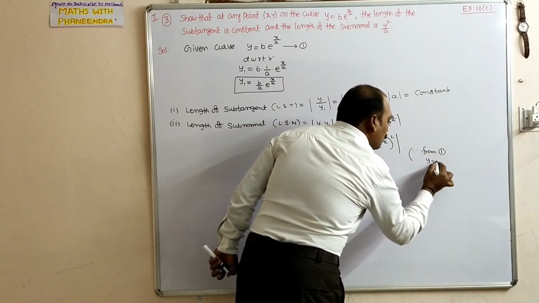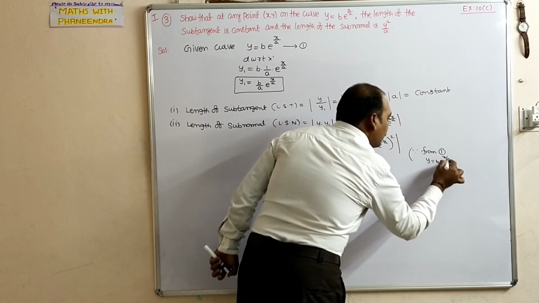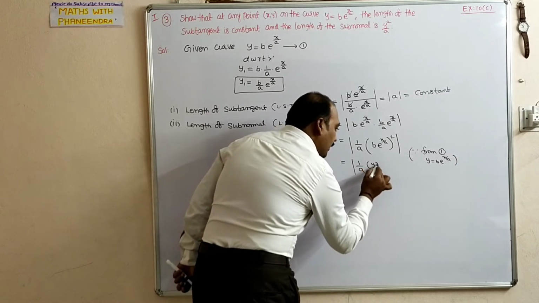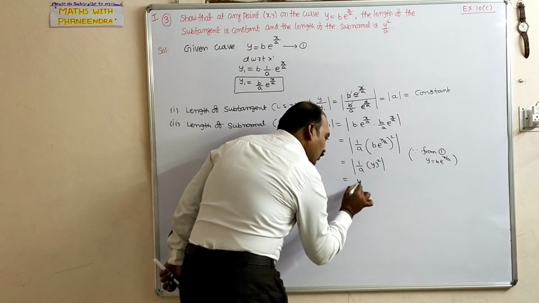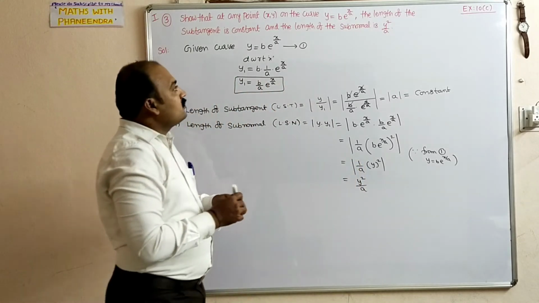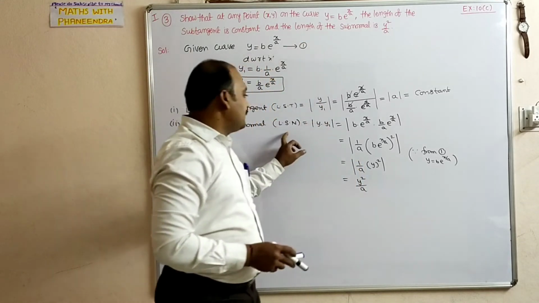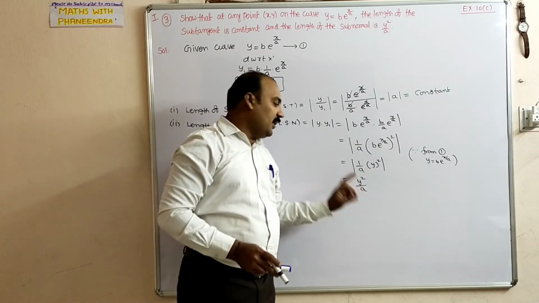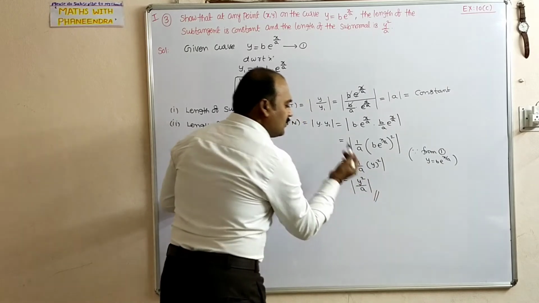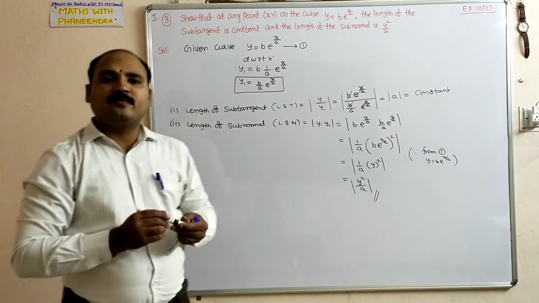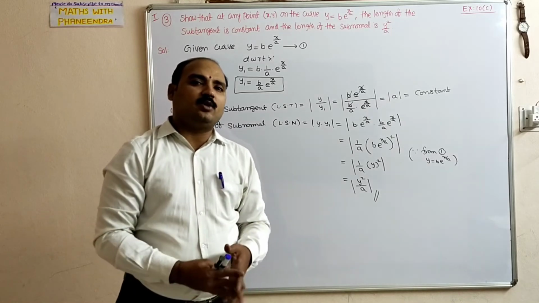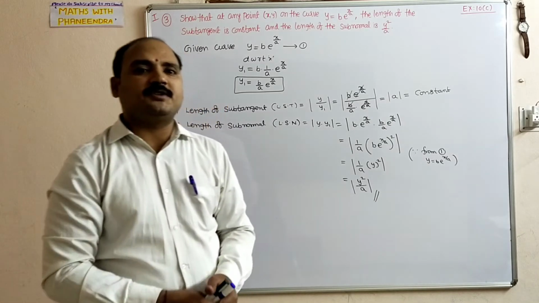Since from equation 1, y is equal to b times e power x by a, we can write it as 1 by a into y square. That is equal to y square by a. That's what they are asking to prove. So the length of subnormal is equal to y square by a. Even if you want, you can put it like this, otherwise you can leave it as it is. We will discuss the second bit. Total 4 questions are there. That also will be completed.